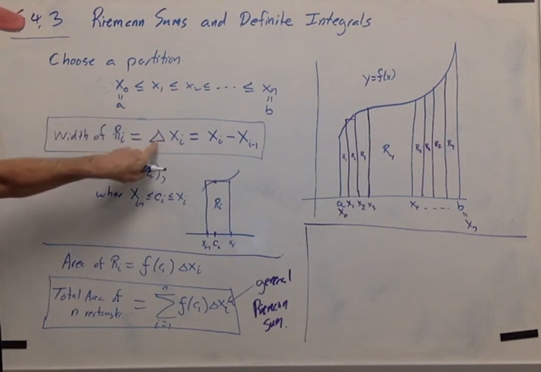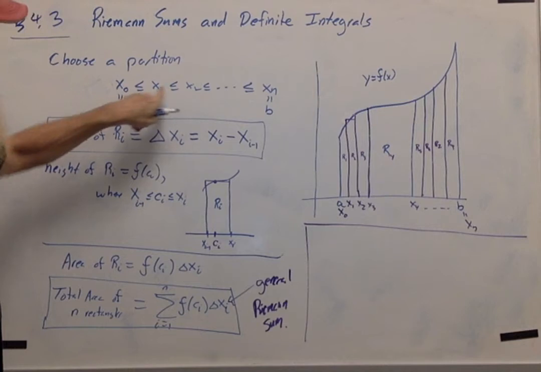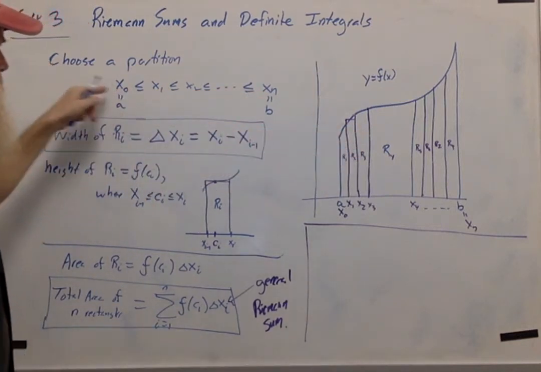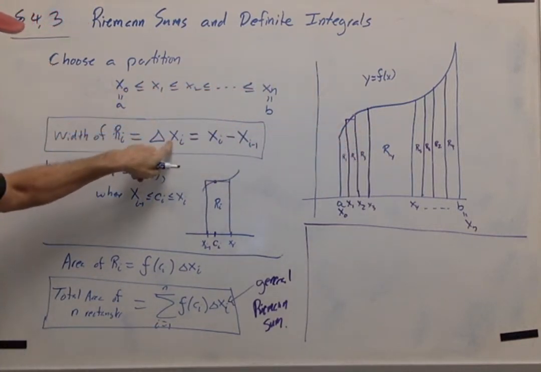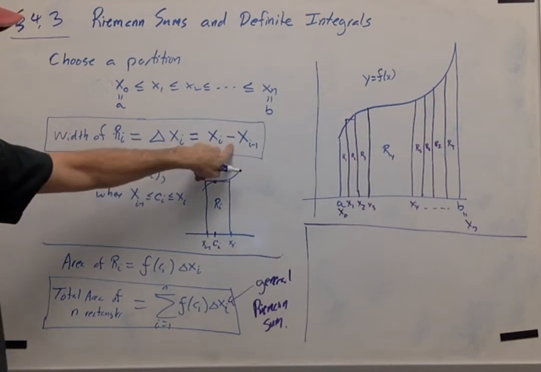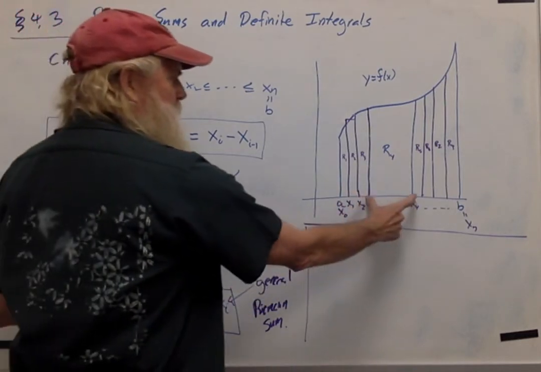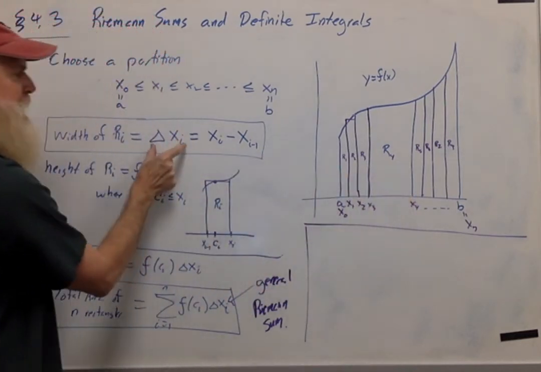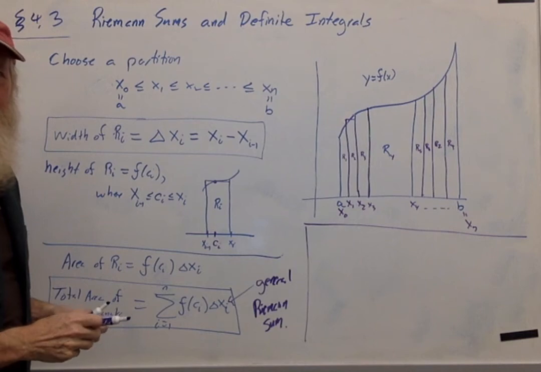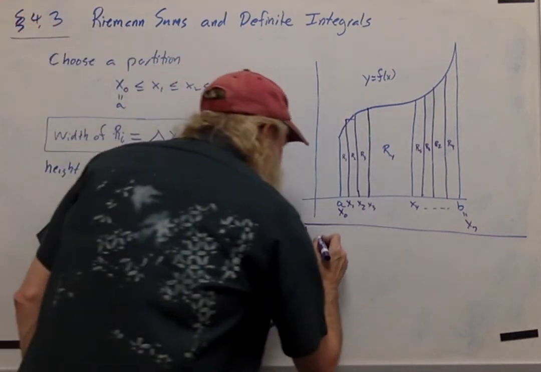So let's go back to the partition. Remember, the partition was just a set of numbers between a and b, increasing from left to right, and we said that the width of each rectangle was delta x sub i. So notice that the widest rectangle is going to be the one that has the largest delta x sub i. So let's capture that, and let's define